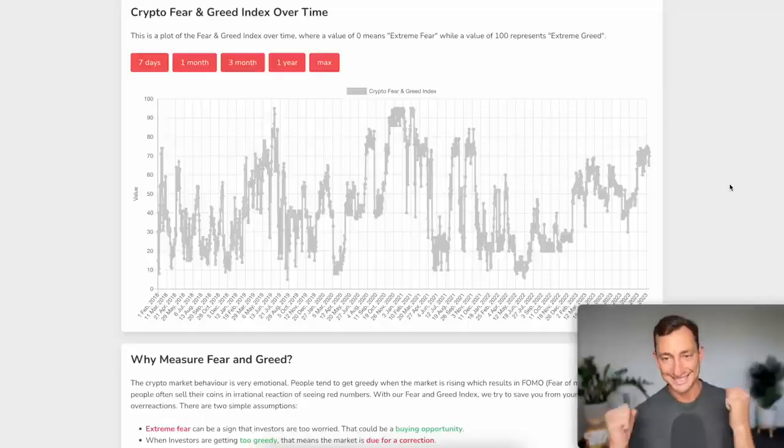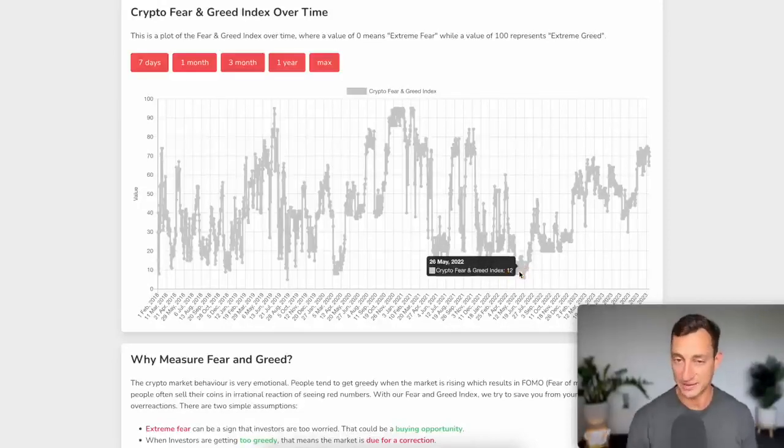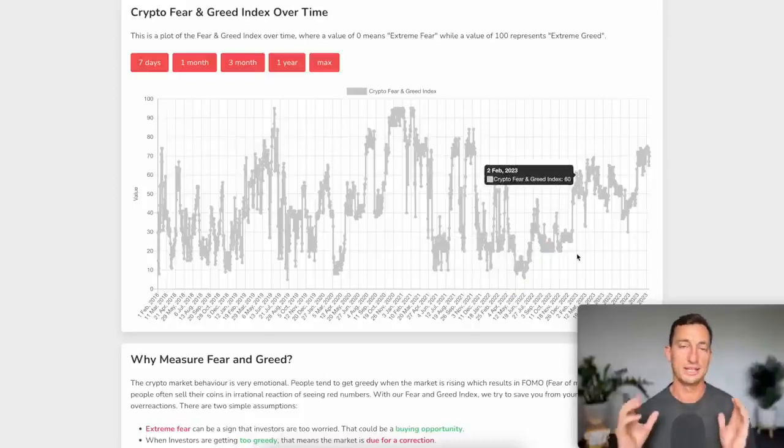Now, the market sentiment. This has been the longest run up in the market sentiment. So the crypto fear and greed index has gone from a low here of even single digits back in June before the FTX collapse. This is the FTX collapse through this level here. So it was a higher sentiment reading when the worst news, so we were told, was coming out.